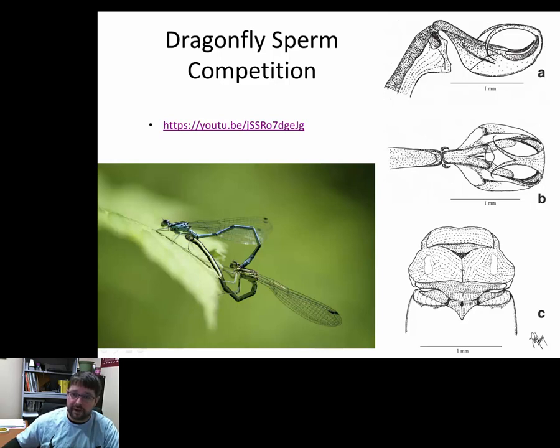And so one male's penis will not fit with another species of female's sperm cavity or sperm duct. And so you'll see these connections between those, which shows that these organisms have evolved together for a long period of time, and it probably came from a common ancestor that had maybe no forked penis, but rather maybe just one thing that could scoop out a little sperm and gave it a little bit of an advantage, and now it's got to a point where it's true sperm competition and the male has a distinct advantage by doing this.